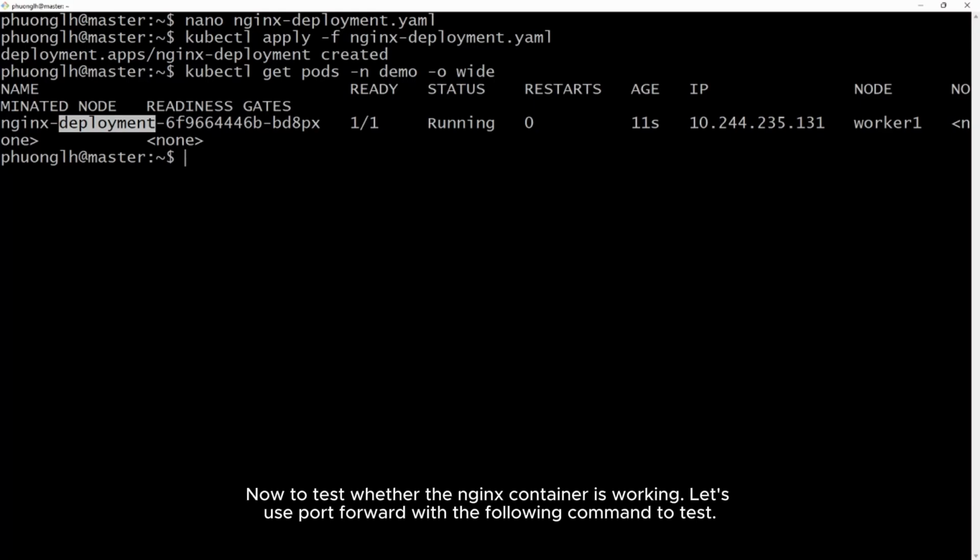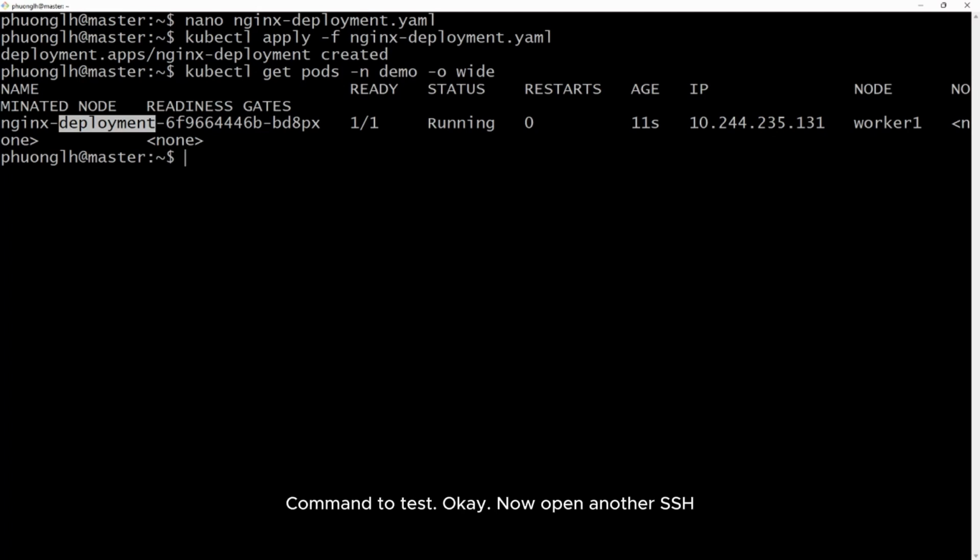Now to test whether the NGINX container is working, let's use port-forward with the following command to test.